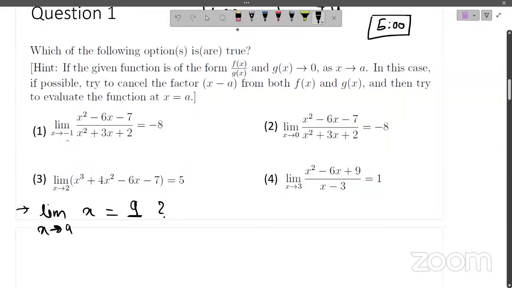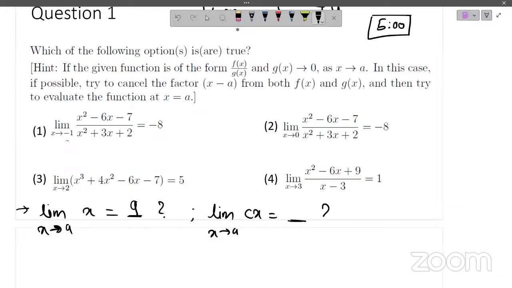And similarly, if I ask the limit as x goes to a of c, then what is the answer? Yes, c. So if you observe any polynomial p(x), it is always of the form